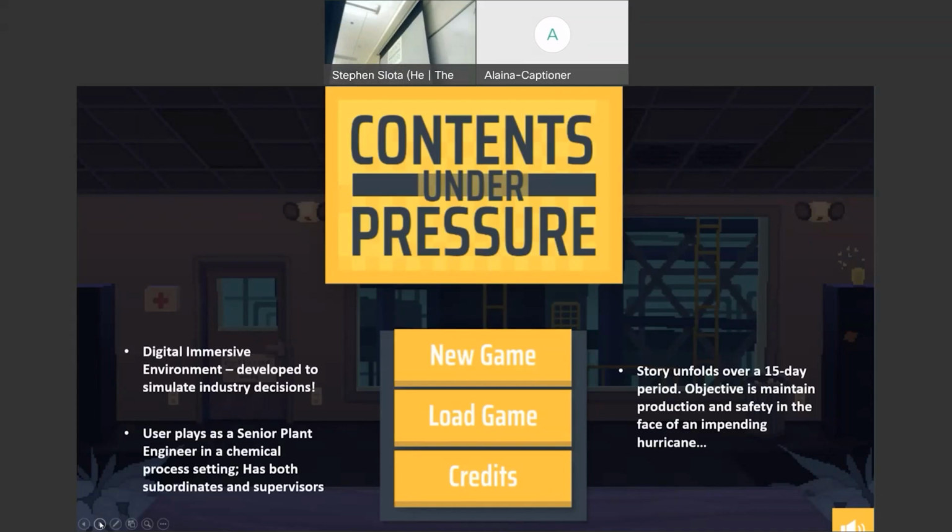A couple of years ago, there was a major hurricane on the Gulf Coast. There was a chemical process facility on the Gulf Coast that basically got slammed by this hurricane. And they were asking people to stay to try and mitigate the impacts of this environmental disaster. So it was this real process safety thing.